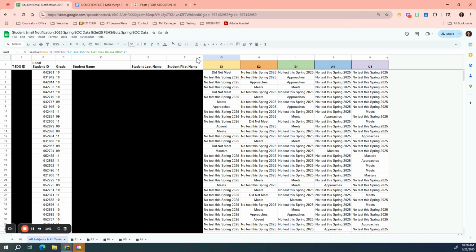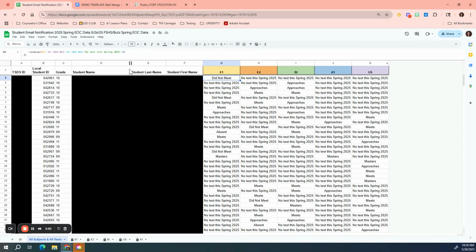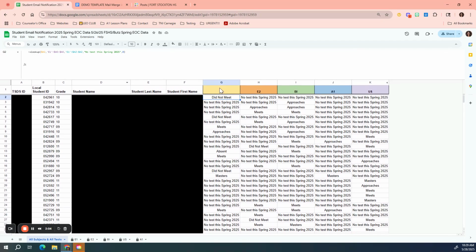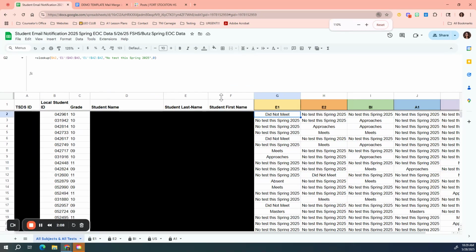At high school, for example, we have a list of all of our students with their IDs listed, and we have column G is English 1, column H is English 2, I is biology, J is algebra 1, and K is US history. So if you look closely, when I click on G2, that cell, there's a formula,